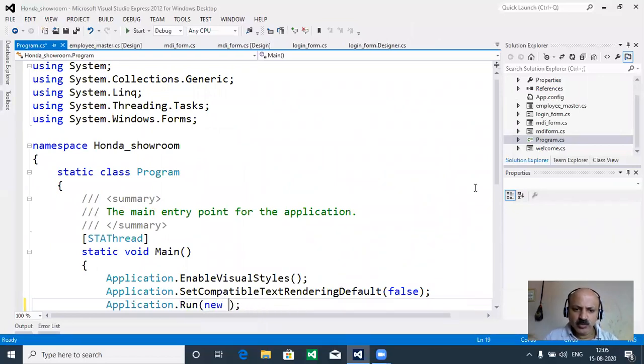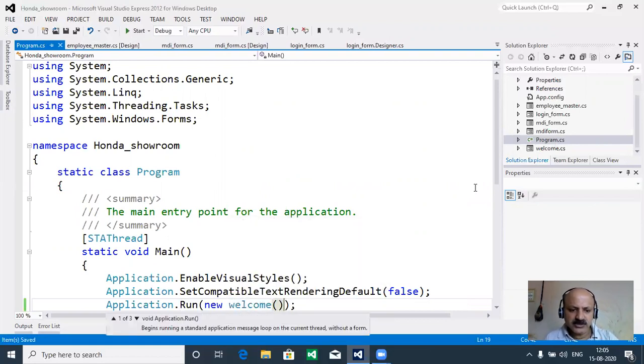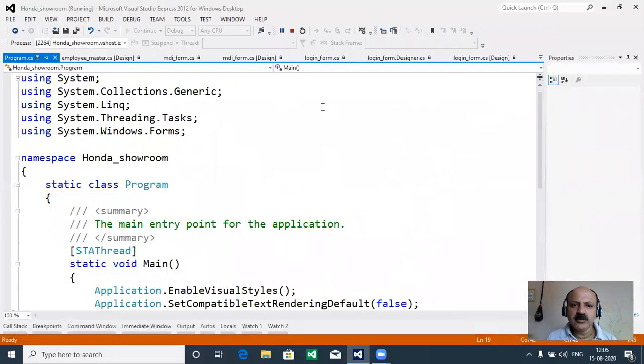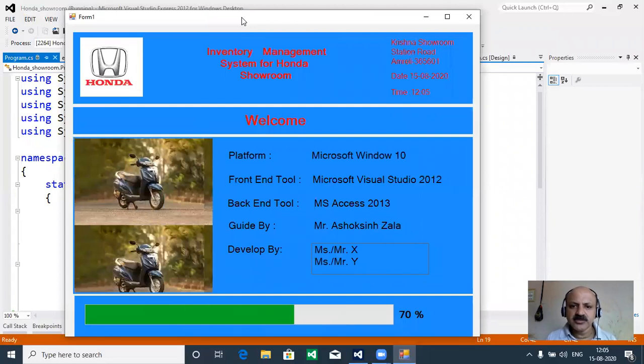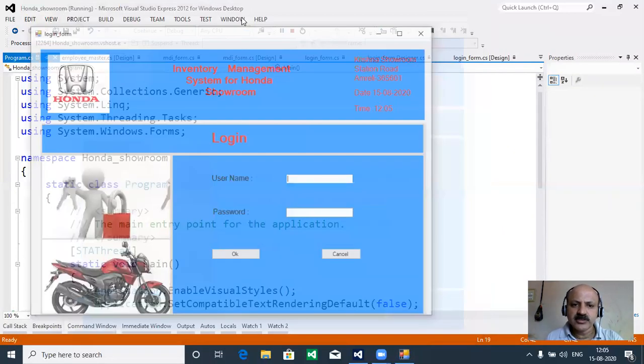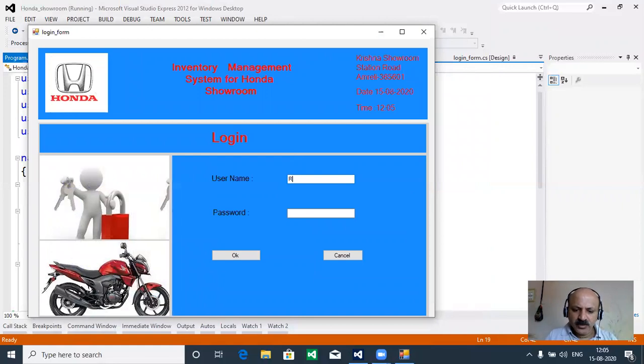So just here remove and take welcome, and just parenthesis that constructor. So I save, and now we can start first to A to Z. So after testing you can take your first welcome screen, that is a flush screen or welcome screen. Then your login form, give the username. So your testing is complete, then you can check A to Z your process, that is perfect work or not.